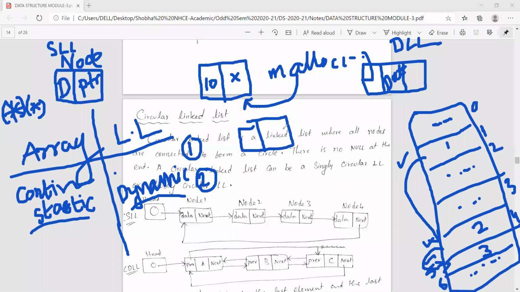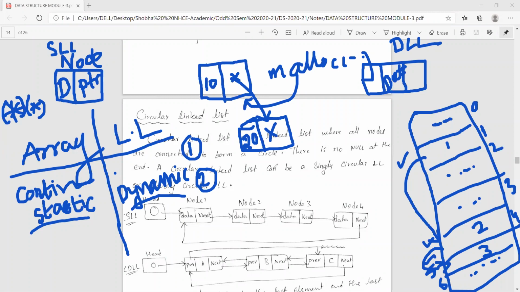Then again I will call the function create node. That is during runtime. When I'm calling the function, the program will be running and the malloc function will allocate memory, and I will put data as 20, and then I will create a link. So the previous node, whatever was there, I will point to this new node and then mark this as null.